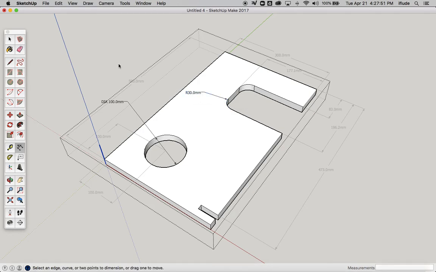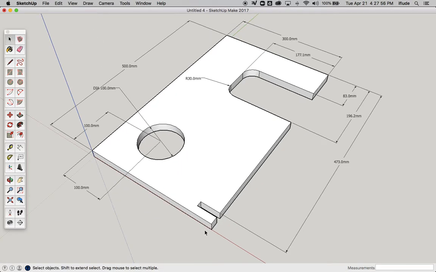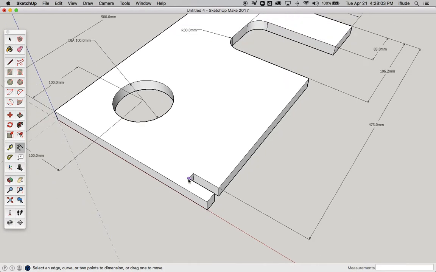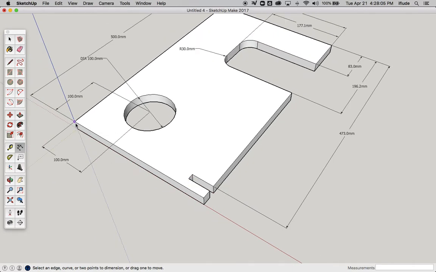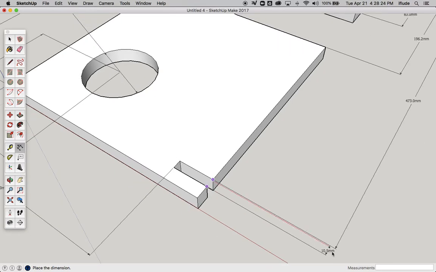You can see here now I've got a radius of 30, and then the final dimension I'm going to put on, and this is really the point of this lesson, is this little slot just here. There's actually two dimensions I need to add. First of all, from my reference point I'm going to dimension from there to just there, put that there, and I also need, what I'm going to do is measure just across the width of this little slot that I've made. So from there to there you can see it's 10.5,